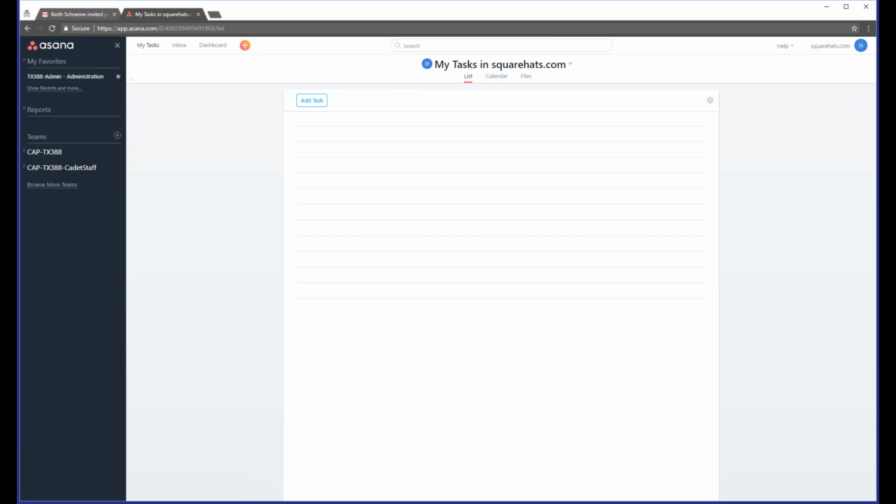So let's take you through the general real estate up here. Right now, I'm using a couple of teams, and I use this both professionally and personally. I actually have a lot more teams, but this is a view that hopefully is a lot more similar to yours, where you'll notice I have two teams here, CAP TX 388 for senior members and CAP TX 388 for cadet staff. I'll look at those here in more detail, but starting at the top, you have